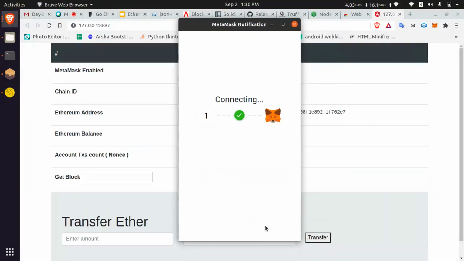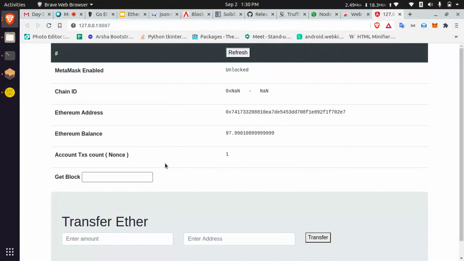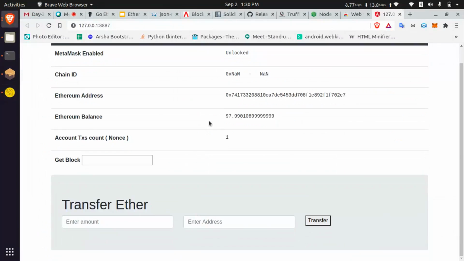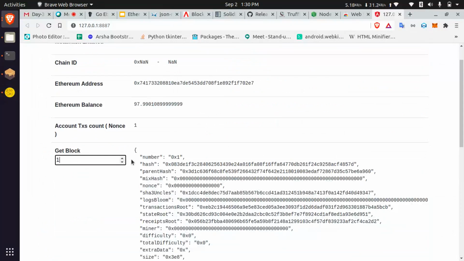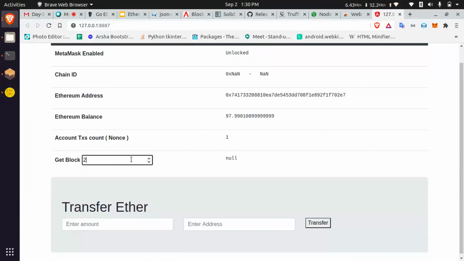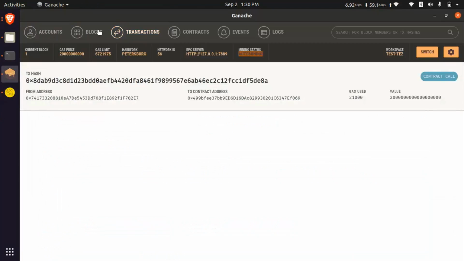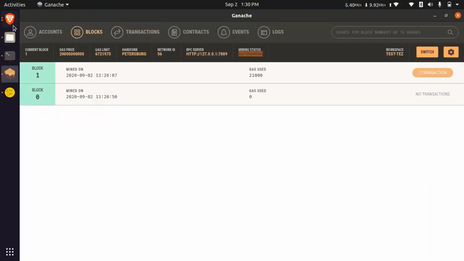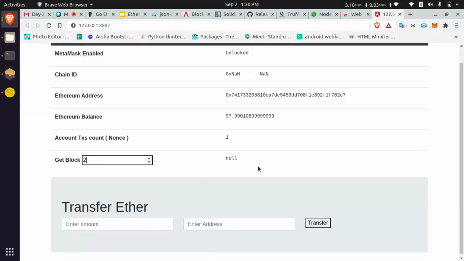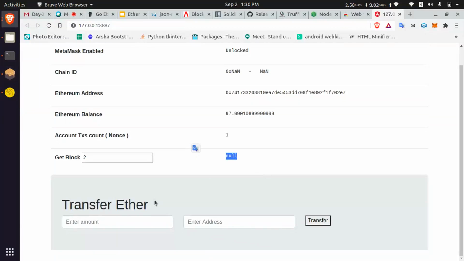Okay. Yeah, you can see the zeroth block, first block, second block. Why? Because in Ganache only one block is there. That's why it is not showing the second block. And then you can perform the ether transactions.